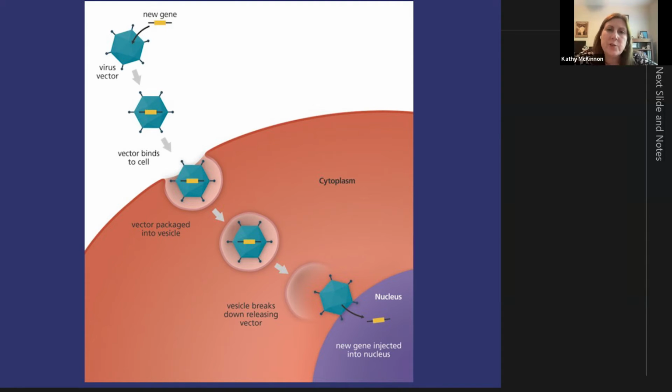So gene therapy addresses something in your body that's defective because of genetic cause. You have a mutated gene, you have a gene that's missing, your body isn't making a protein or substance that it needs. So you get a new gene, the gene that you need, and you put it in a virus that's been inactivated, that can't cause disease.